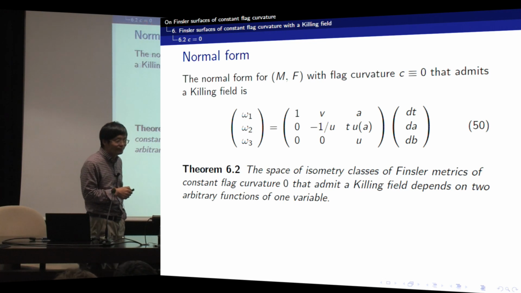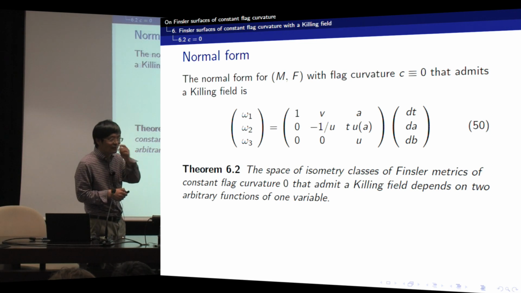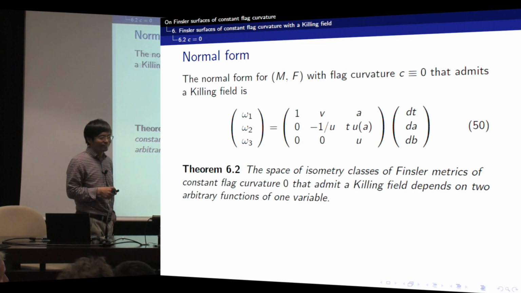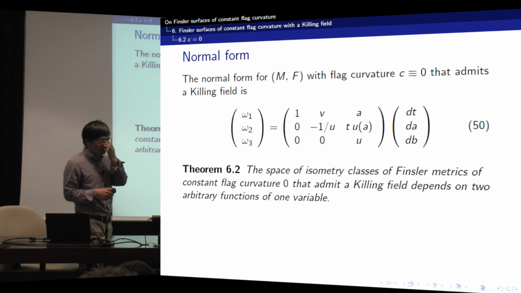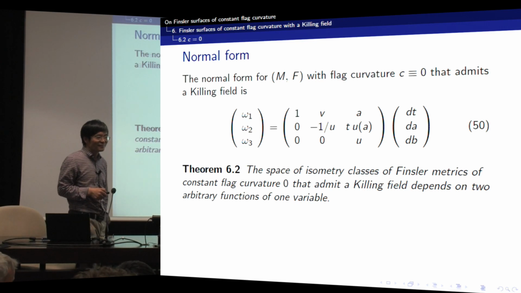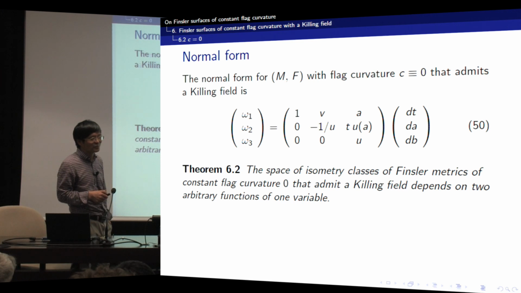To follow up, when you had two Killing fields, the two parameters are constants. When you have only one Killing field, now the parameters are functional parameters. Yes, a much richer class. With two independent Killing fields, as I said before, the two-dimensional isometric group, you have two constant parameters. And now it's two functional moduli. Yes, two functions of one variable.